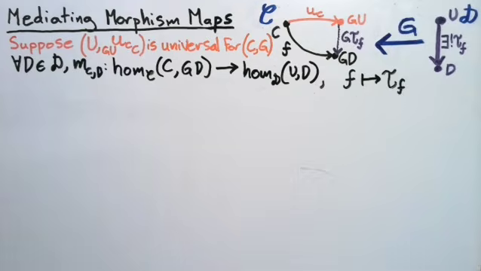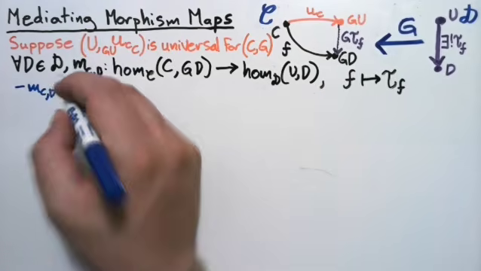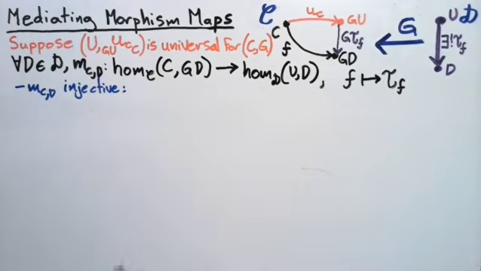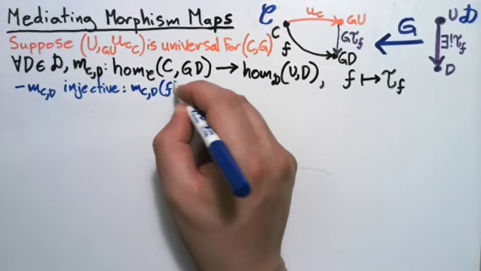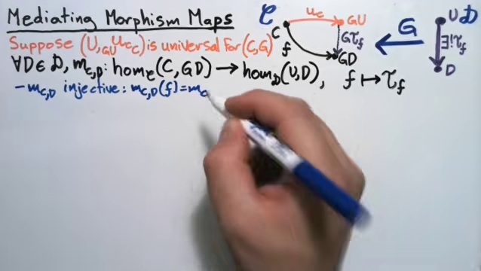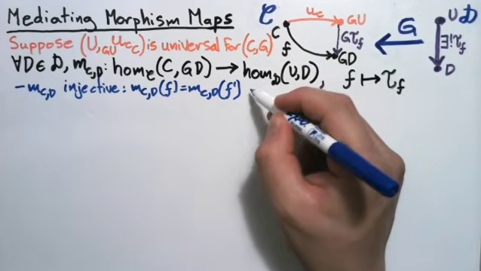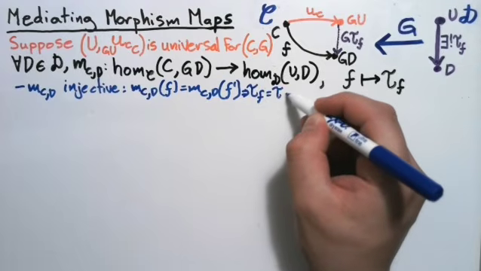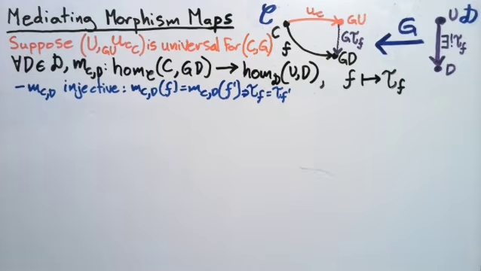Well, there's two important things we can say right away about the mediating morphism map here. The first is that MCD is injective, because if the images of, say, F and F prime are equal, then tau of F is equal to tau of F prime, right? The mediating morphism maps for F and F prime are equal,